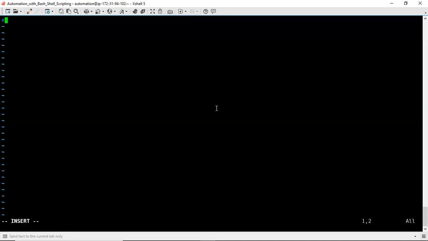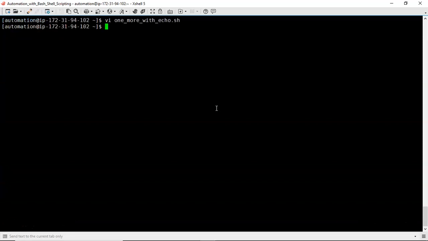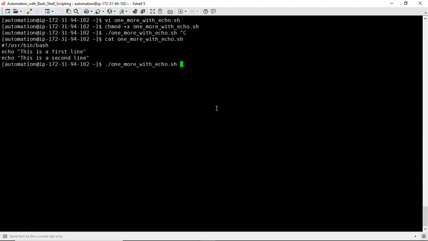Then I write the very first line as the shebang line, #!/usr/bin/bash. I write echo "This is a first line". Then echo "This is a second line". Now let me run this and see the result first. So you have 2 echo commands. That's the reason you are going to get output in 2 lines.